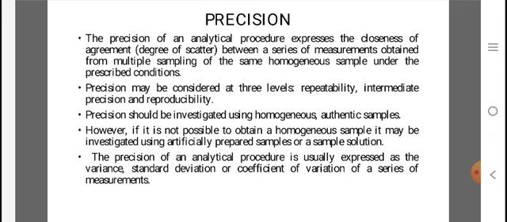Precision should be investigated using homogeneous authentic samples. However, if it is not possible to obtain a homogeneous sample, it may be investigated using artificially prepared samples or sample solution. The precision of an analytical procedure is usually expressed as the variance, standard deviation or coefficient of variation of a series